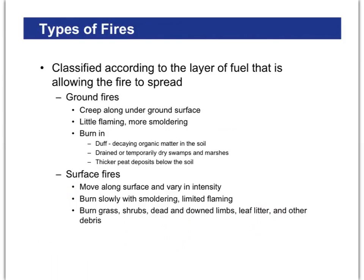All right, so we're going to finish up the section looking at three different types of, you might say, forest fires or wildfires that could be in grasslands, and the first of which is called ground fires. Now these don't really get maybe as much press as some of the other ones because there's little flaming taking place. It's just more smoldering. Energy is being released. Chemical reactions are taking place,